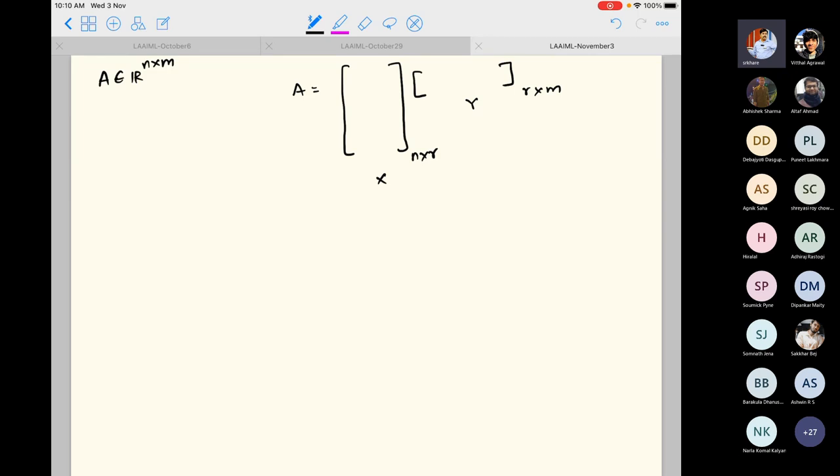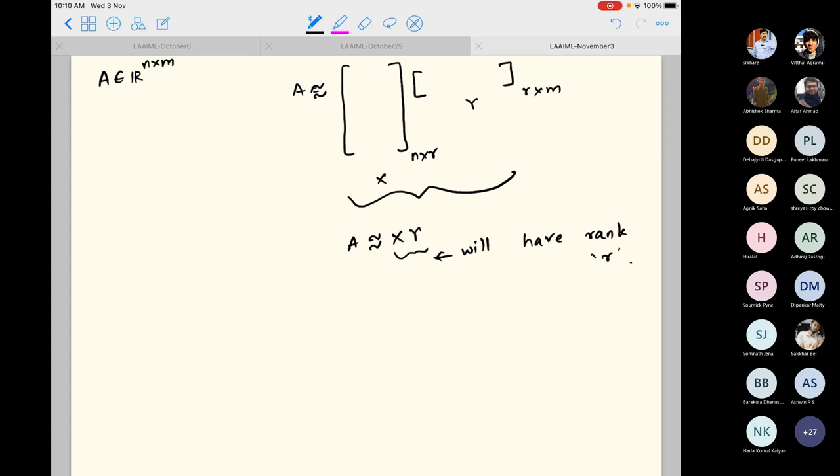And the product XY will have rank r. So this is what I'll have. And if I'm able to find matrices X and Y such that A can be approximately written as XY, and the product XY has rank r,